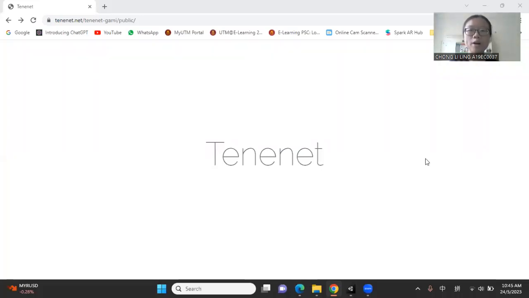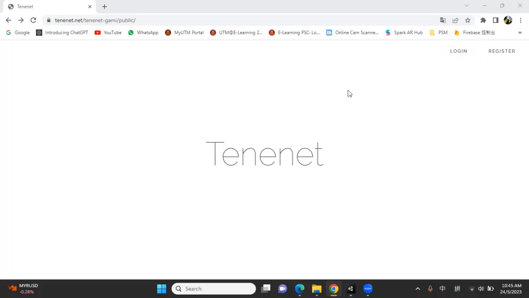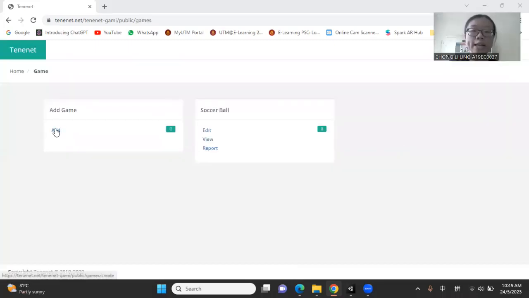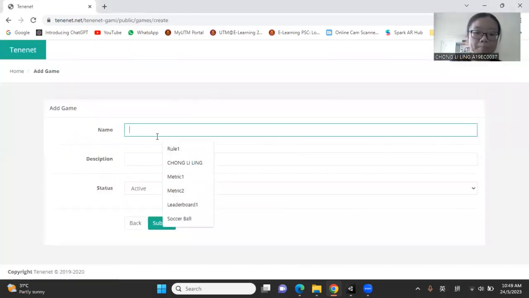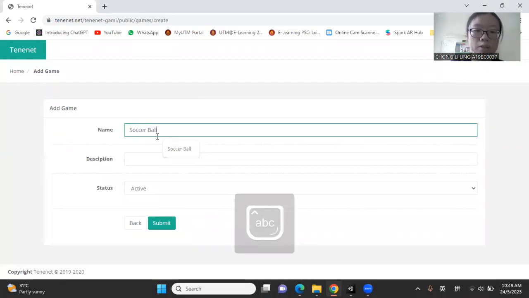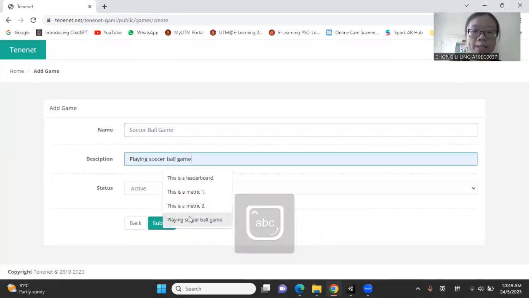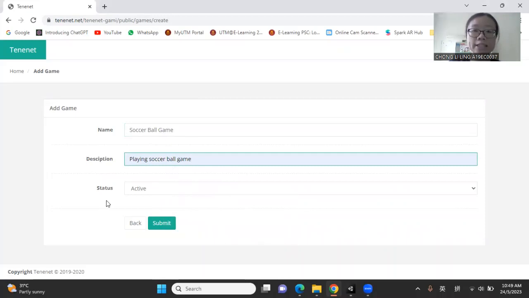Today, I would like to share the tutorial of adding gamification with Tenenet and Leaderboard into my soccer ball game. First, you need to go to the webpage tenenet.net and then log in or register an account for Tenenet. Next, in the homepage, click add to add a game and then enter the game name, soccer ball game, then the description, playing soccer ball game, and make sure the status is active and